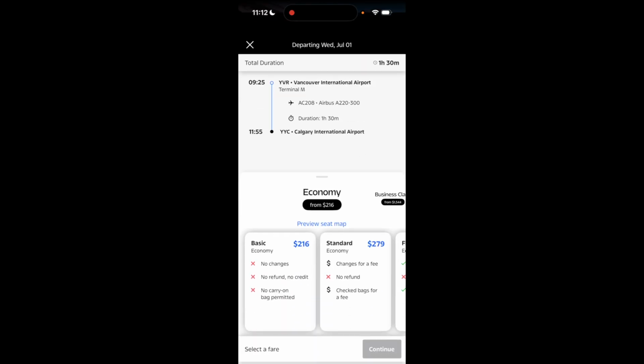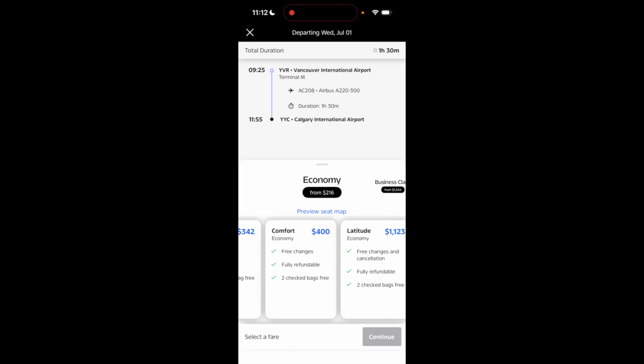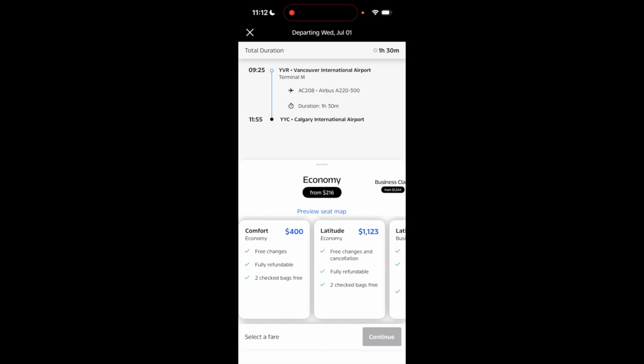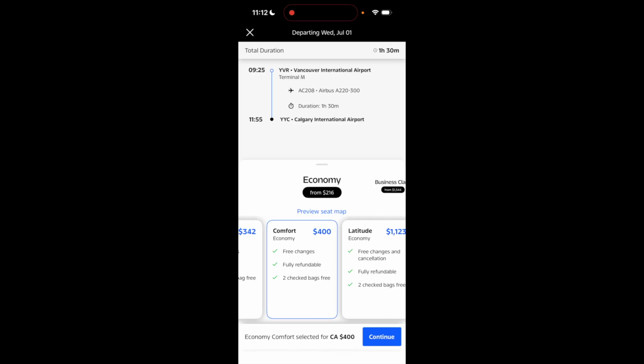So if you just wanted to select this flight right here, you can. And where it says economy right here, if you're looking for premium economy, I want you to slide this over to where it says these options right here. So there's latitude, there's comfort, there's flex. These are kind of the premium economy seats. So if you wanted to get a comfort seat right there, you can go ahead and select that and press